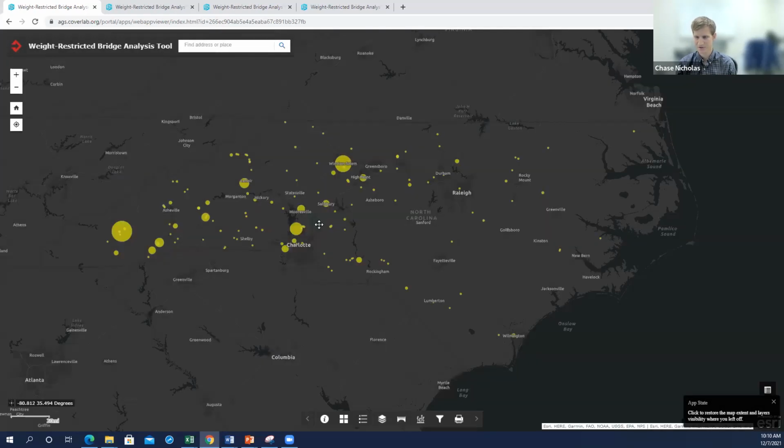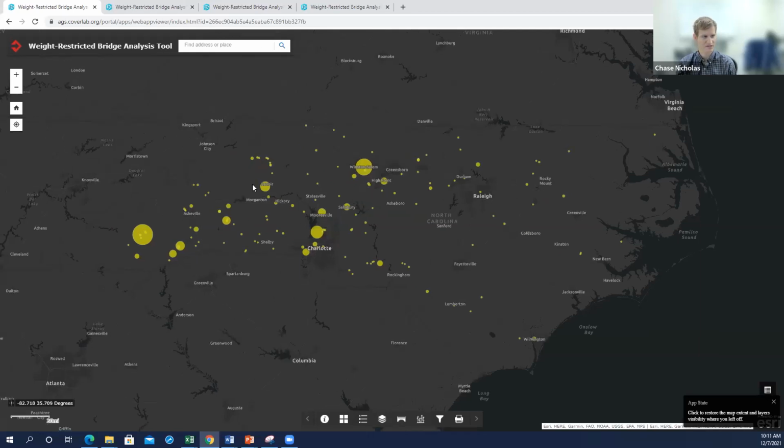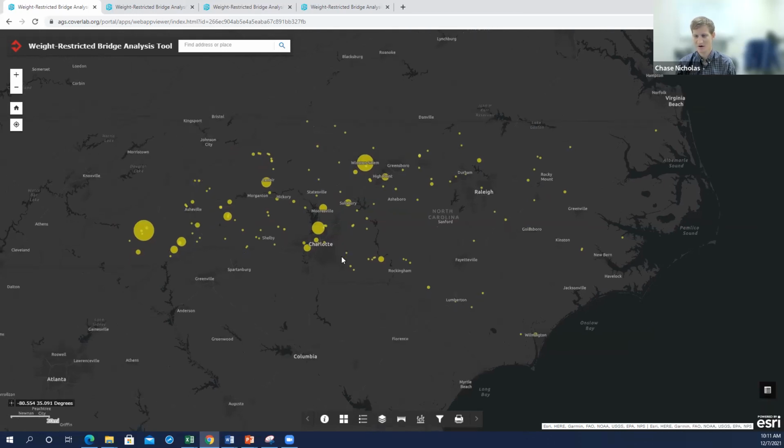So the first thing you'll see when you open the web application is the results of our study that we submitted to NCDOT. So these are the bridges that are scored as being critical to some degree throughout the state of North Carolina. On the bottom ribbon, you'll see tools for interacting with the map, the first of which is